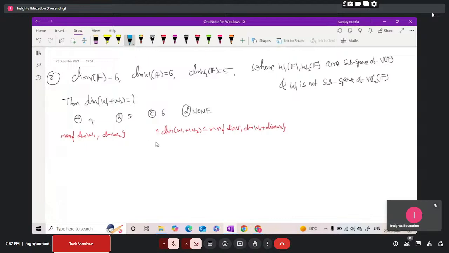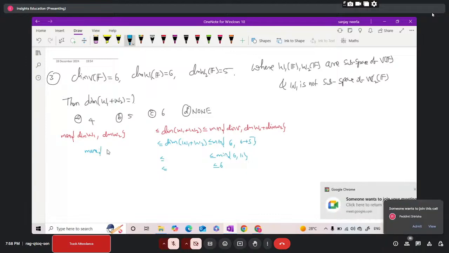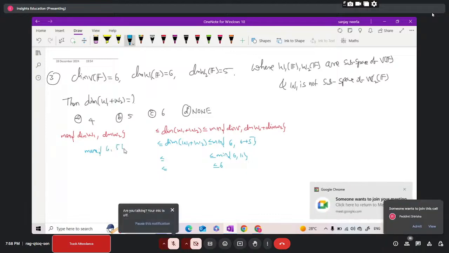Now substitute the values. The dimension of W1 plus W2 is at most the minimum of 6 comma 6 plus 5, that means the minimum of 6 comma 11, so the right hand side is 6. Now come to the left hand side: the maximum of 6 comma 5, so we get 6 only. So in between